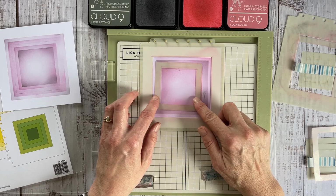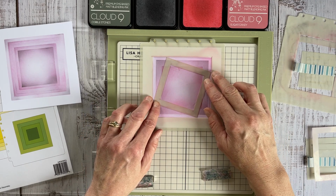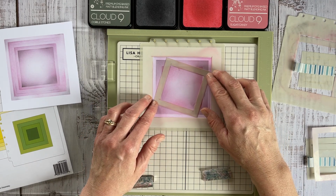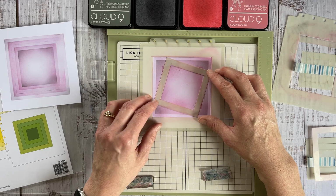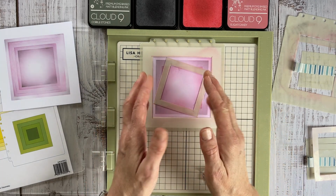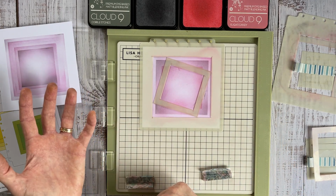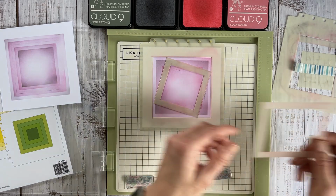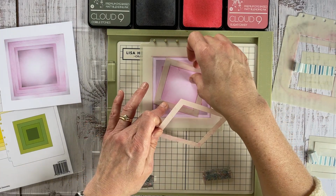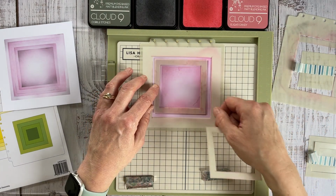Now obviously that's loose in there, which means if you wanted to, you could always set it off at an angle. There's no reason why actually you need to be creating the concentric squares. If you set that off at an angle, you can create a whole different look again. But for the purposes of this, and just to show you how these layers work, we just build it in that,